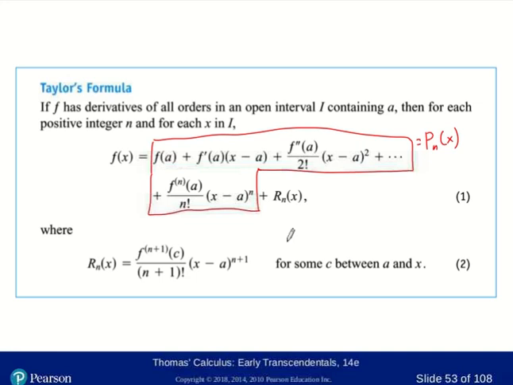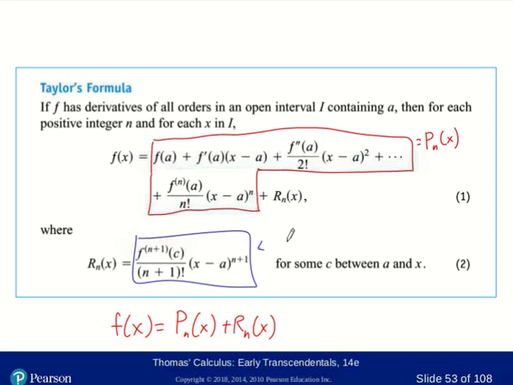And so what happens here is we have a way of now rewriting our function as the nth Taylor polynomial plus some remainder term. So this is what we're going to call the remainder, or you can think of it as the remainder or the error. That's why it's the R. It's that leftover stuff. And by Taylor's theorem, we're guaranteed that there's going to be a point c between a and x that makes this true.